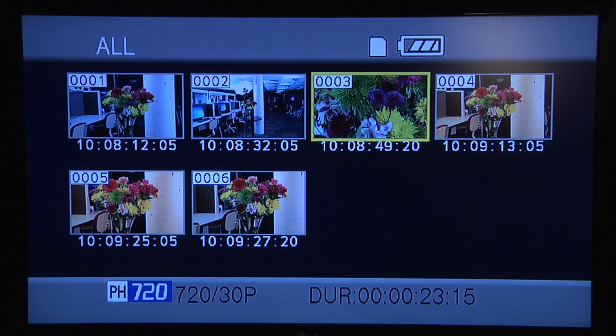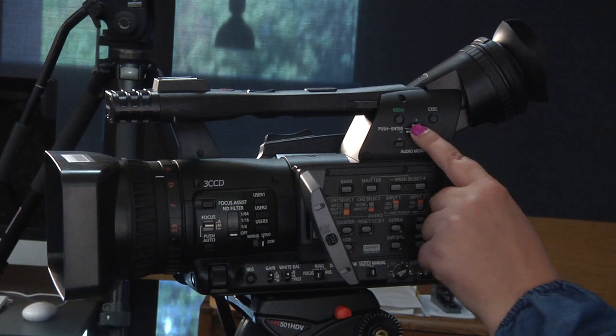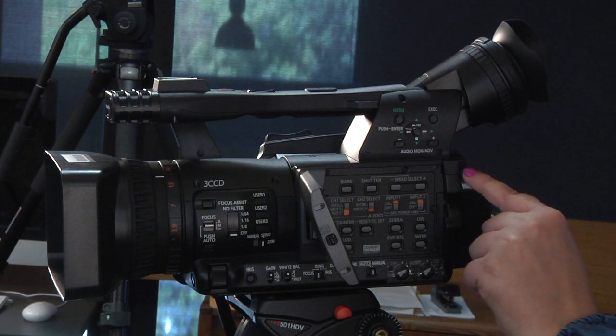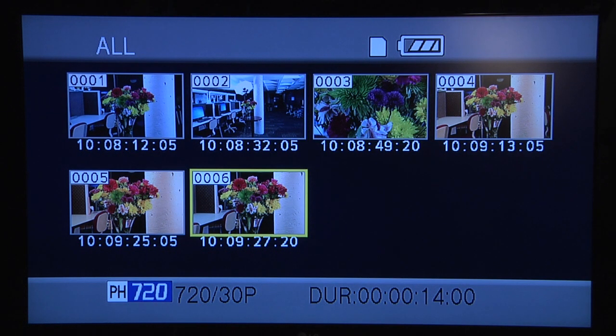To select it, press the joystick button once, and you're able to view the footage that you just shot, as well as hear the audio. To stop it, move the joystick to the off position, and you're done previewing the shots that you want to preview. When you're finished shooting, make sure you turn the camera off